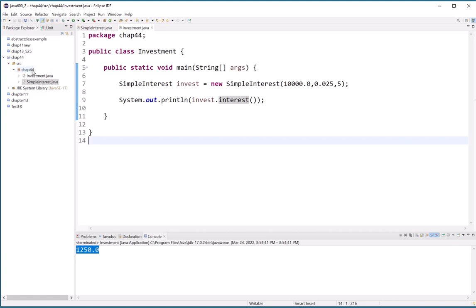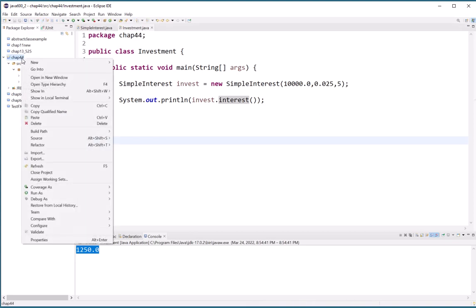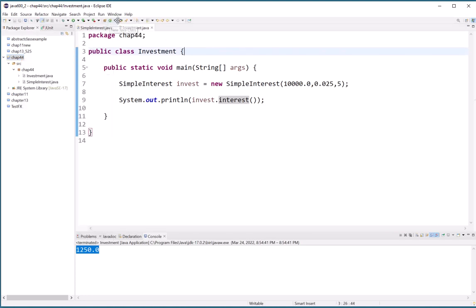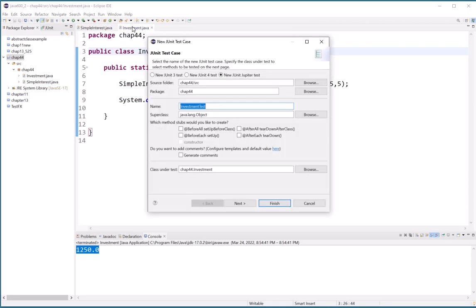What I'm going to do is right click on the project here, and we're going with actually a new jUnit test case, which I'm going to call investment test, I guess is a good name for it. And we're not going to use the investment class. Instead, we're going to use the